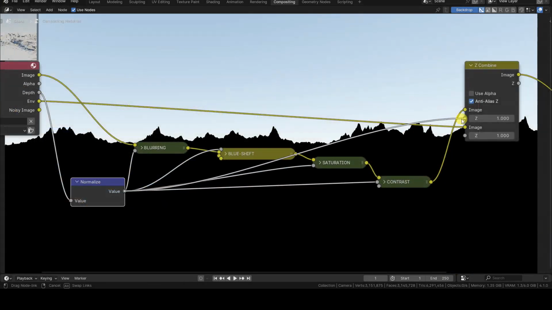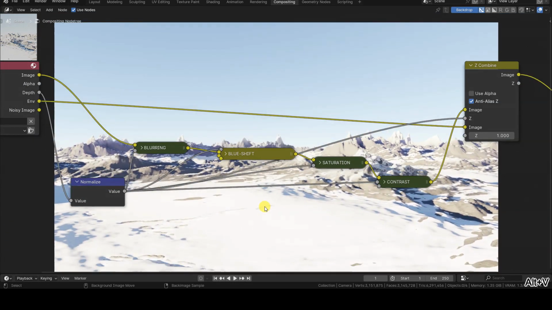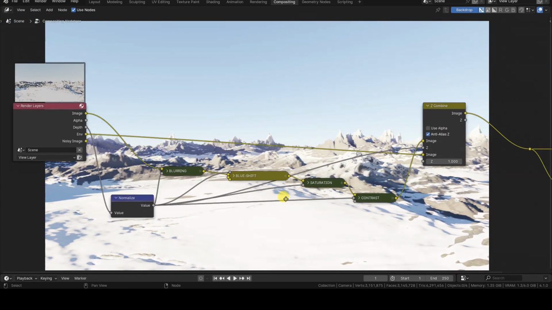That's all for this episode. In the next and final episode, we will add the background of the virtual universe to the setup and conclude the series. See you soon!